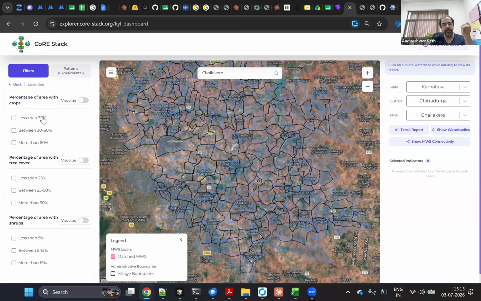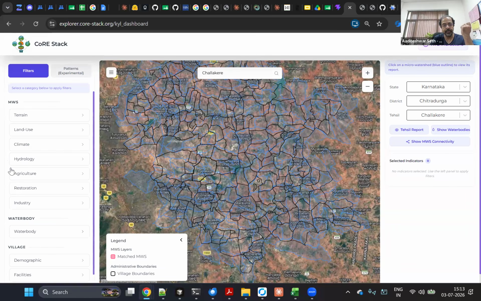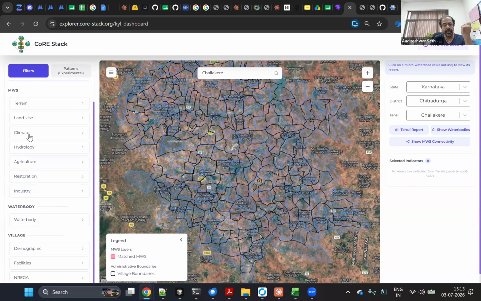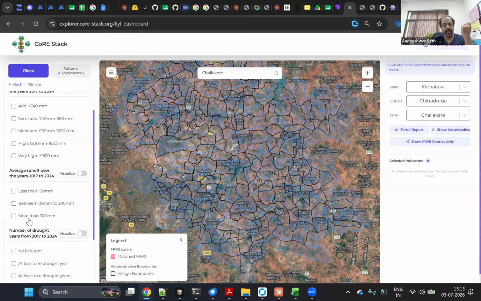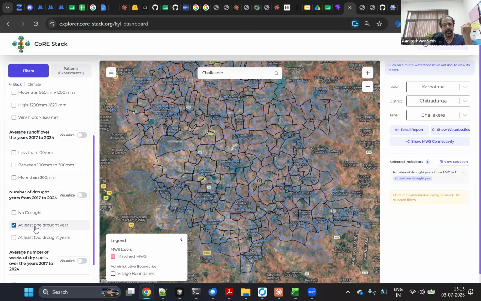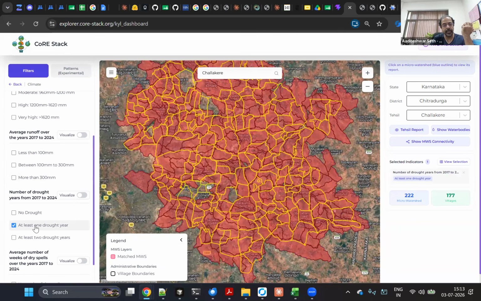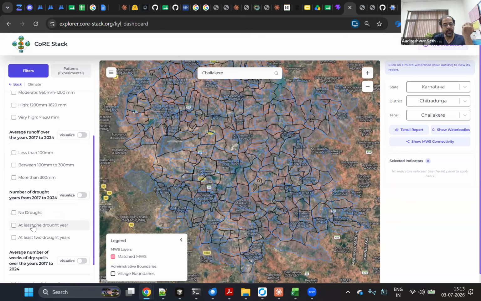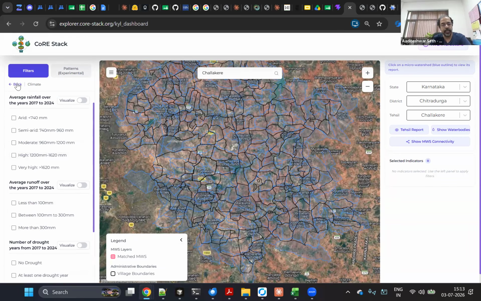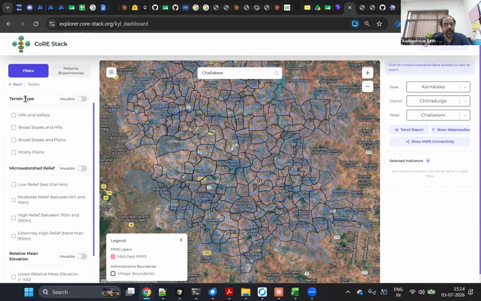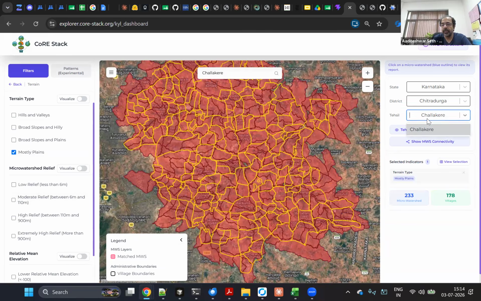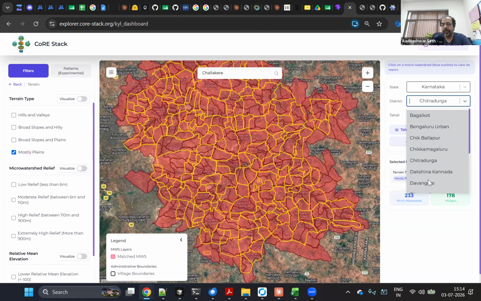How much area in this is under crops? How much area is under trees, and so on. Climate: does this area have any droughts or not? Like this part is very heavily drought prone. So they've had at least one drought since 2017. And what KYL then lets you do is say, okay, we could have chosen some other area. Maybe let's say if we choose